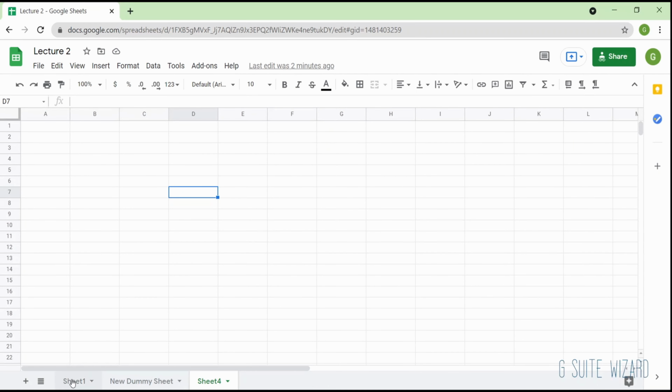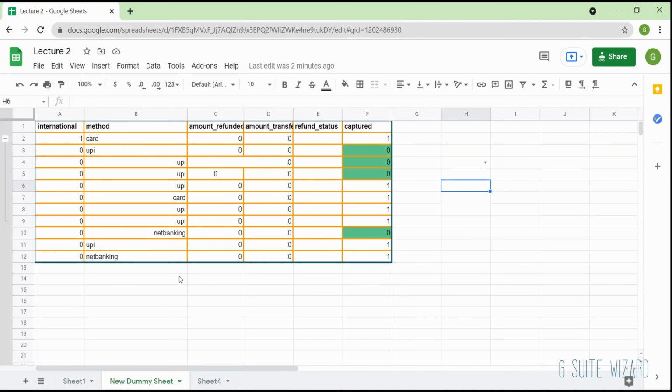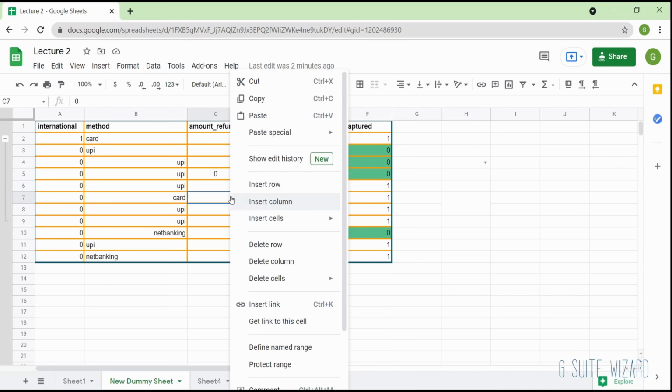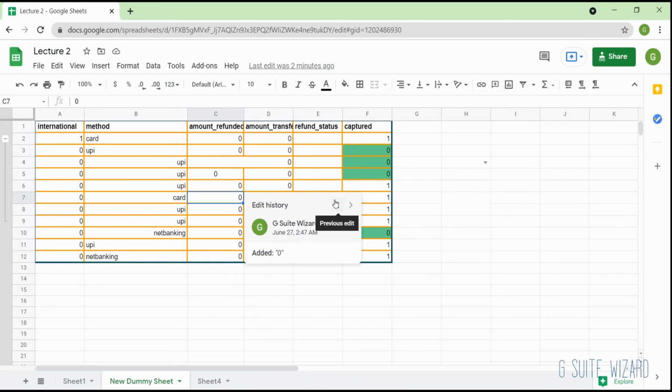And you can also see cell edit history, right? So with edit history, you will get to see all the edits that were done, unlike the previous restore version where you will only be able to see a certain save point.